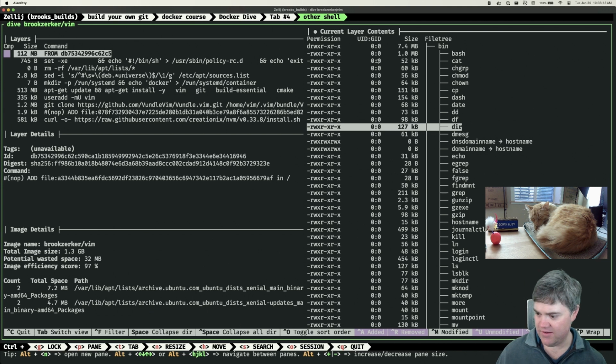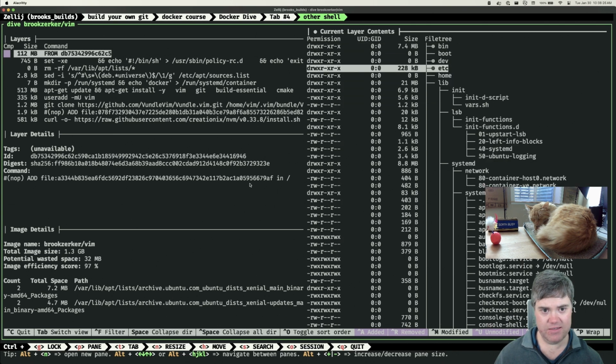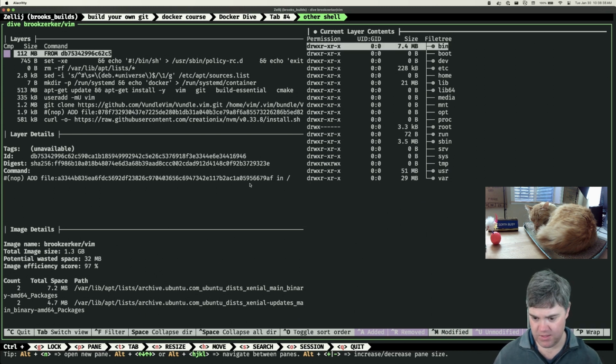Can I do anything in here? Okay, so I can filter. I can collapse the directory, so I can say, okay, I don't need to be in bin, so I can collapse all these. Oh, control space, collapse them all. I can filter. I don't know if I care for that. We can do modified. Okay, so that's good. Now I can tab back over here. So this was the very first layer that added all of this, which makes sense. That's like the basis,